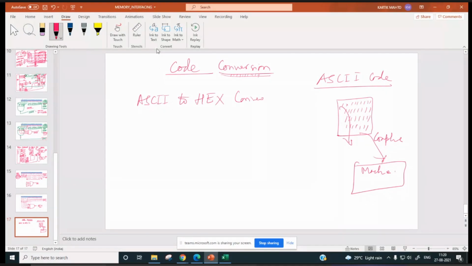Then hex to ASCII is also important. Then sometimes you need to convert hex to BCD, and BCD to hex.